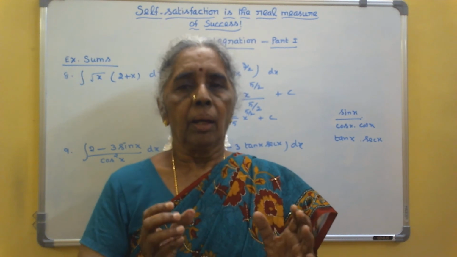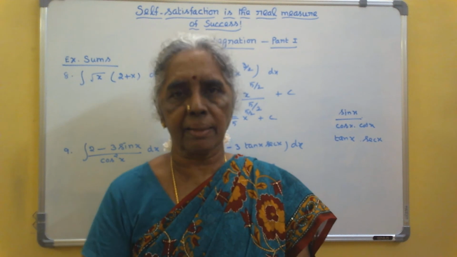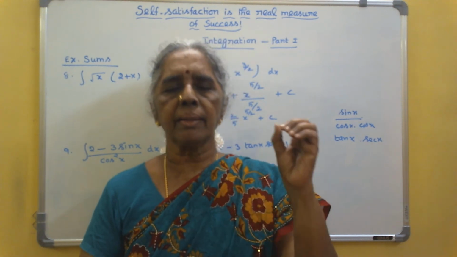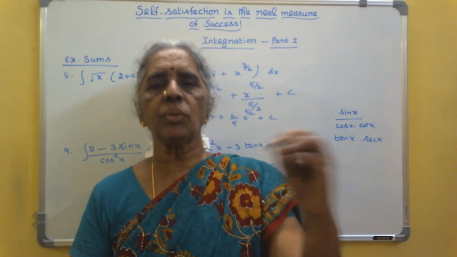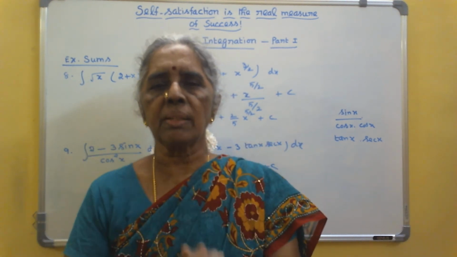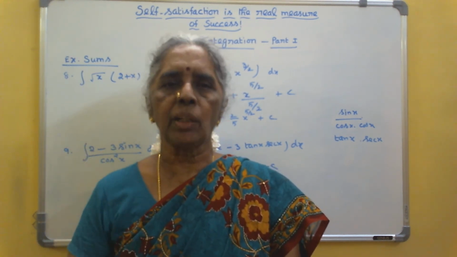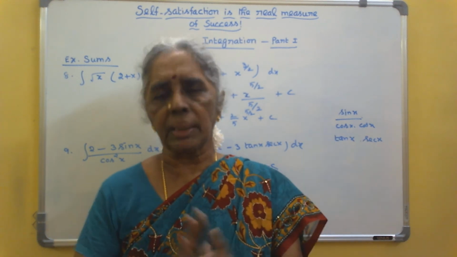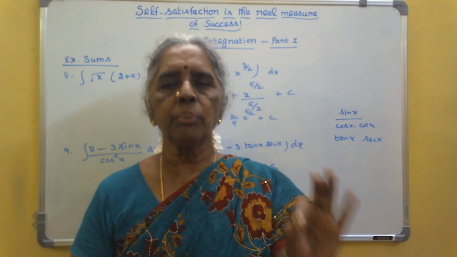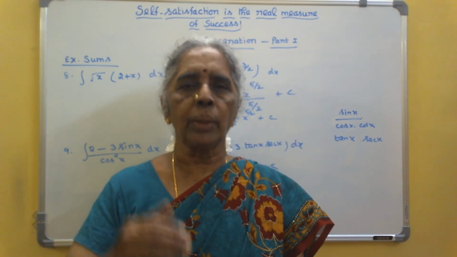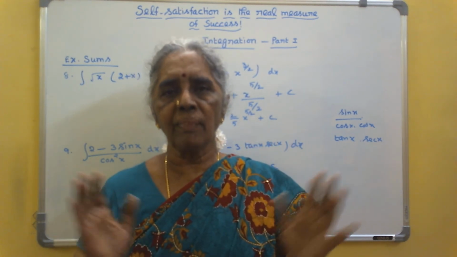If you have 2 terms or 3 terms or 4 terms with plus sign or minus sign, you can integrate each term separately. If you have a product like thing, one term outside and some terms inside the bracket, expand the bracket and then integrate. If you have one term in the denominator, divide each term and then you integrate. In the first formula, remember, n not equal to minus 1 is very important, because when you get 1 by x, you have to write log mod x. So hope you are clear with these things.